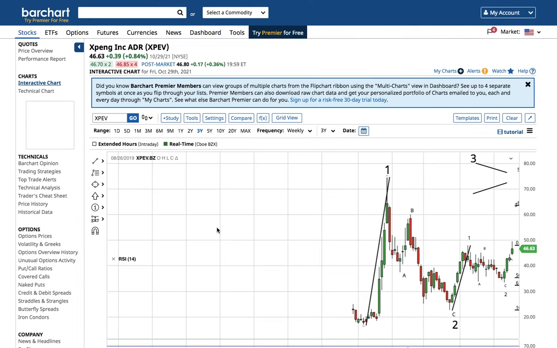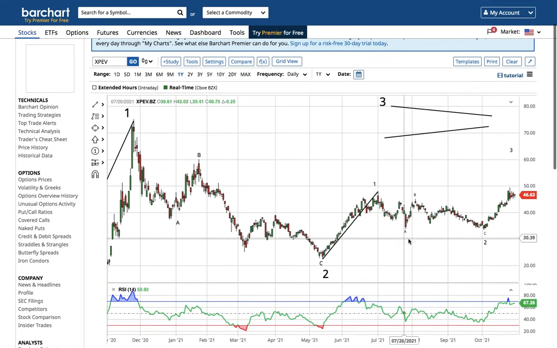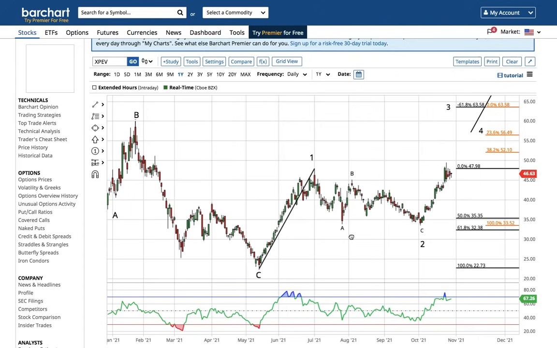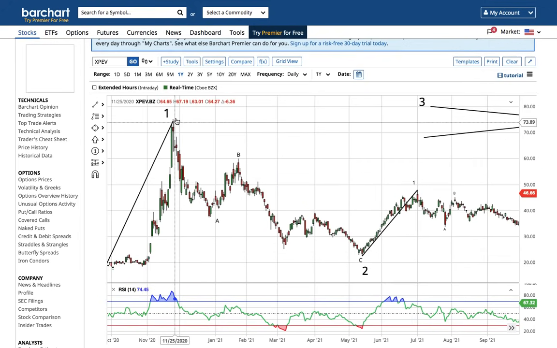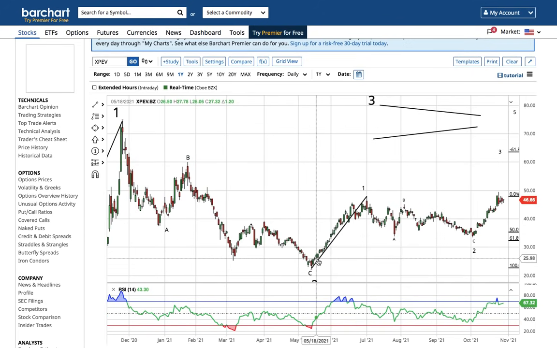I'm really expecting a wave 3 to be explosive in the short term that takes NEO to 70, and that's going to happen while XPEV is doing its breakout to the wave 3 target, which is also the 161.8% extension that would take XPEV to 63. So I think this is a wave 1 and an ABC correction putting in wave 2. This is another wave 1 and an ABC putting in another wave 2, right?